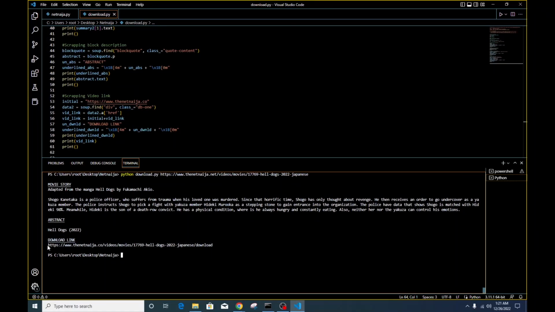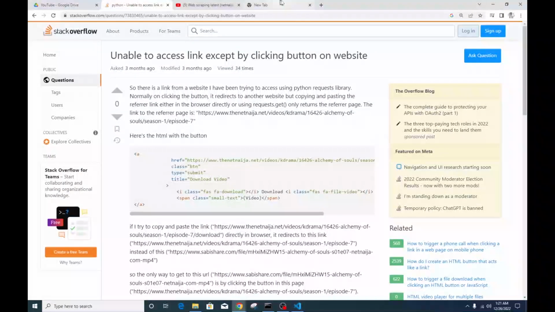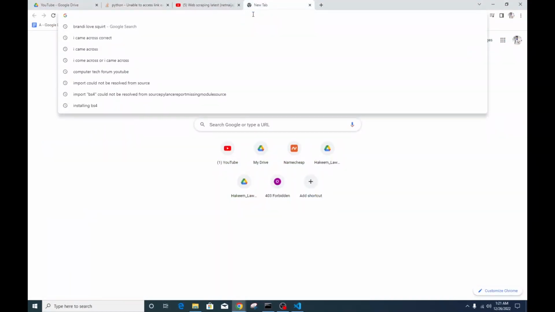Now you get a full description of this movie, including the movie story, the abstract, the download links, and other information. So the issue with this script is that after the Netnaija site was updated, the download link which we got is no longer functioning. So now if you copy this link, so Ctrl C, and you go to a browser and paste this link right here,